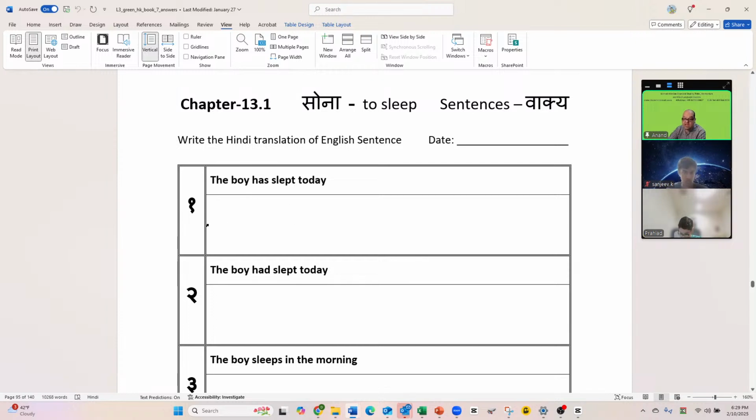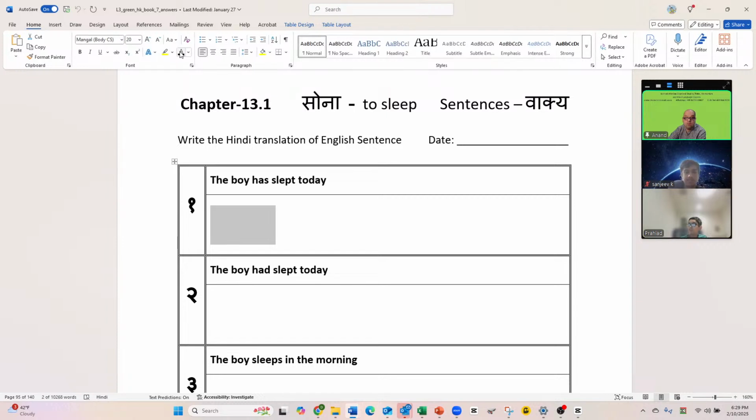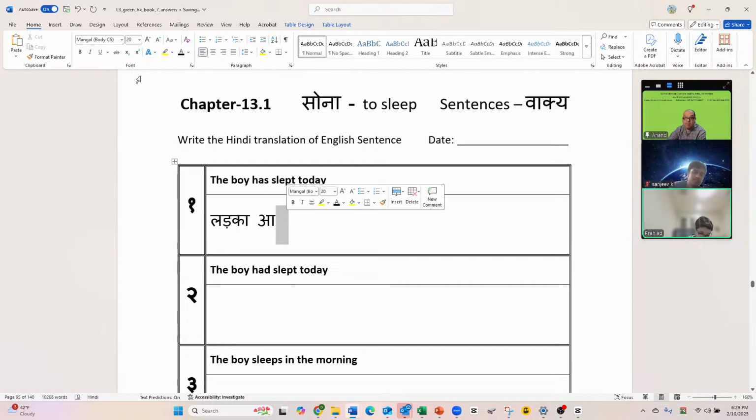so using the ya form, what happens in Hindi? The verb comes at the end. So what is the Hindi word for a boy, Prahlad? Ladka. So we will simply write ladka, and the Hindi word for today is aaj. So aaj will come in the center, and then ya form of sona, to sleep, is soya. So we'll put soya, and